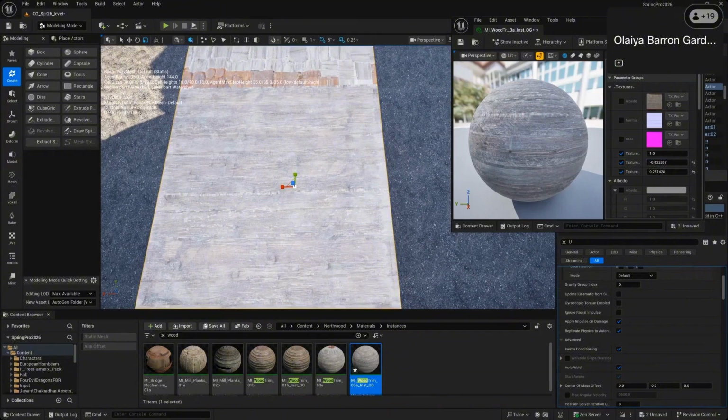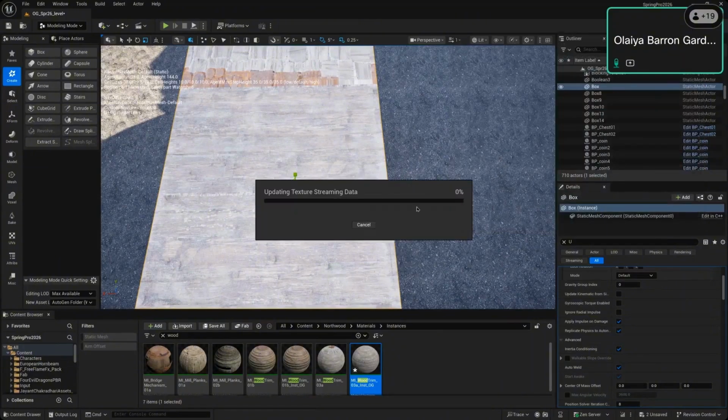The other way is to literally go into the material itself and add a texture coordinate node. That's the one I want to make a video for, because it takes a minute. It does give you power. It allows you to rotate it. It allows you to do everything. And even though I exposed it here,